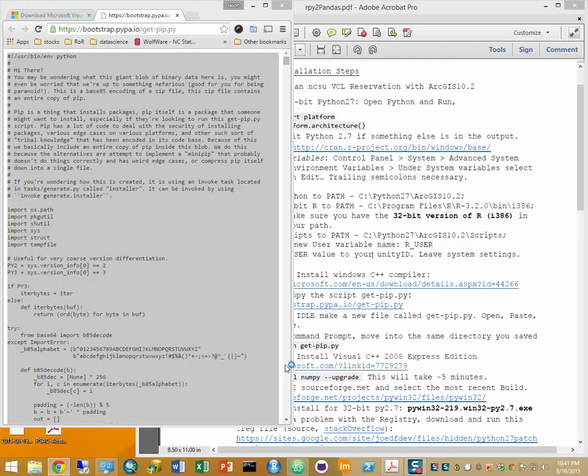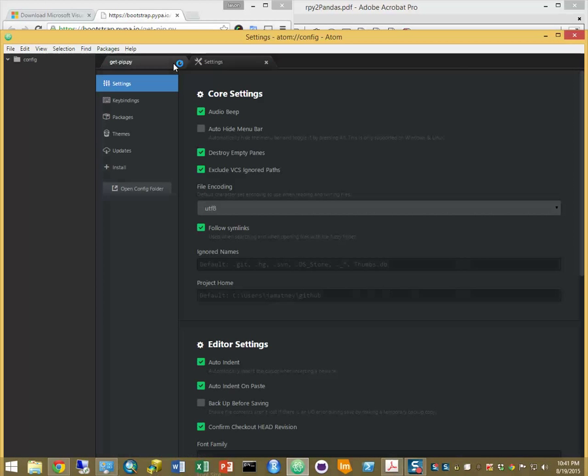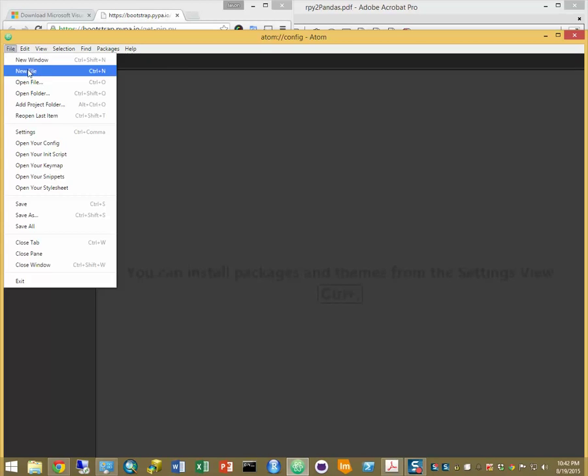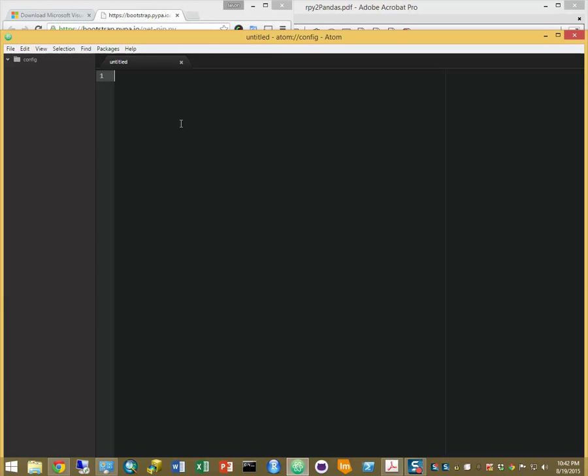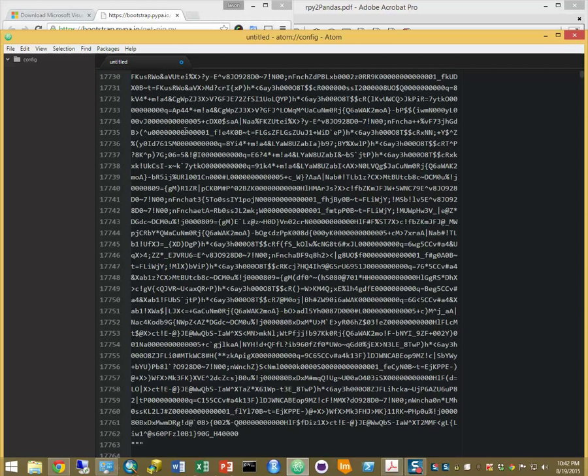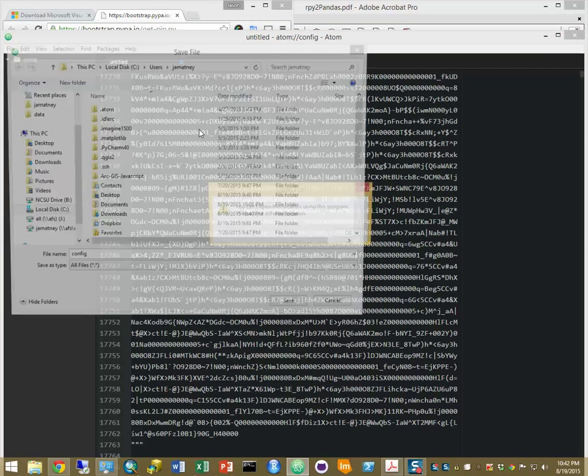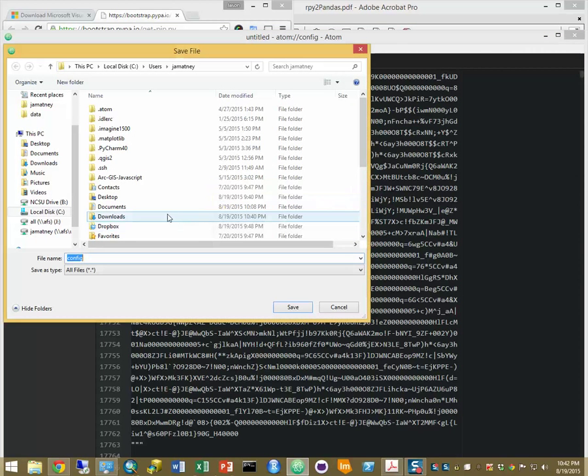Go to Atom. I have Atom. I'm sure you have your own text editor, but you see I already had it set up. So I'm just going to make a new file. Paste the pip. Save it. It says I have to save it in my geomatney folder for some reason. And I'm going to call it